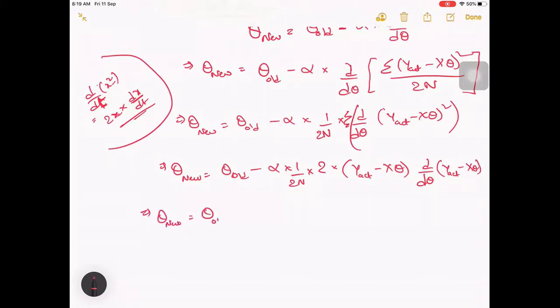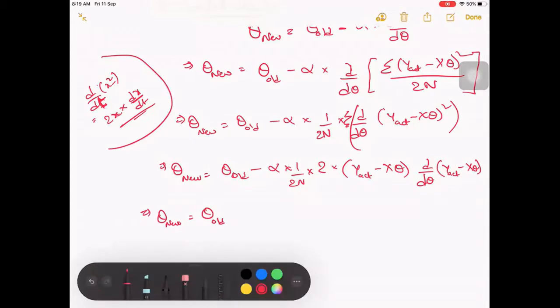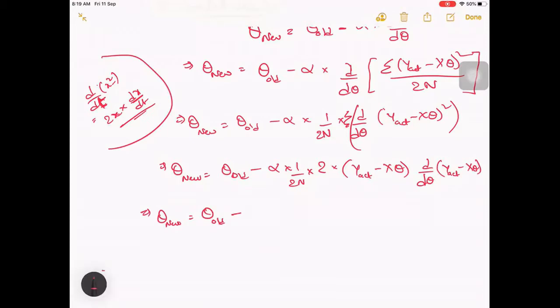So minus, this 2 cancels, right? So alpha by n. This is the reason actually we kept 2 here, because it gets cancelled later. And then y actual minus x theta.